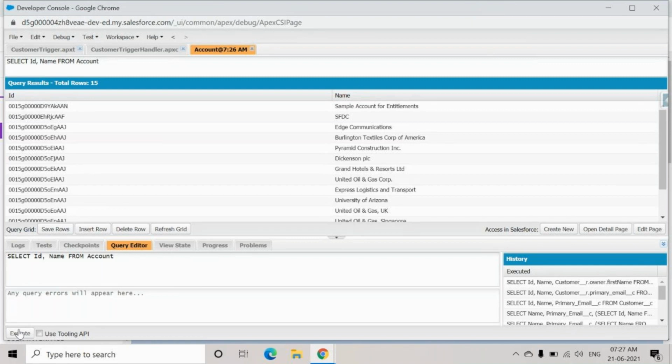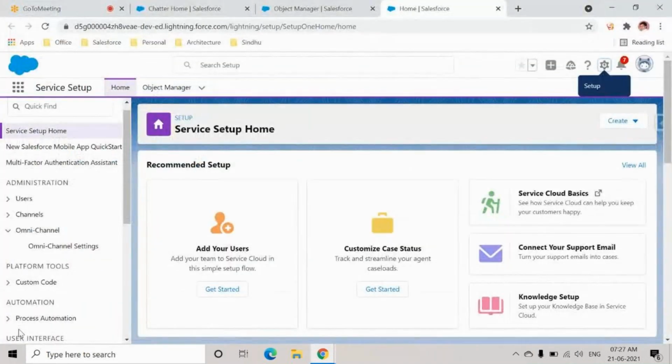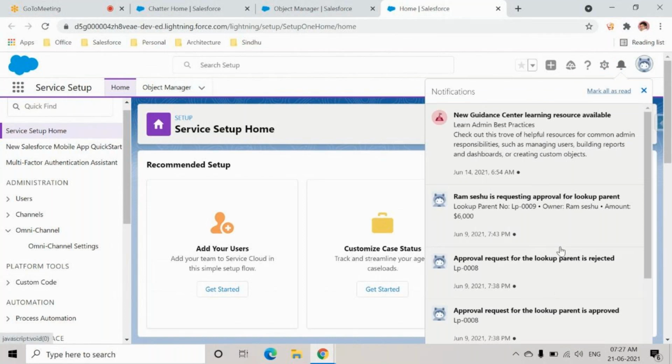Similarly, you can do some transactions, write some automation rules also. So those things we'll see in detail later. Next thing, it says notification bar. This is a pretty common feature that you have in most of the other web pages, especially on YouTube as well. If I get any notifications, they will be coming over here, and these are the requests that I have to approve. I think I have created some approval processes, so those things will be available over here.